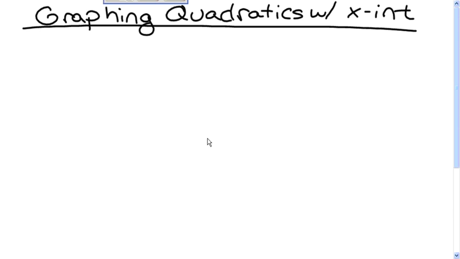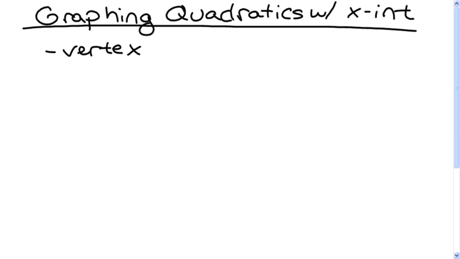In this video, we're going to look at graphing quadratics. Now that you've already done them using vertex form, standard form, and intercept form, we're going to also include all x-intercepts, not just if it's an intercept form. Now, if we're going to graph a quadratic, you need to be able to find the vertex always,